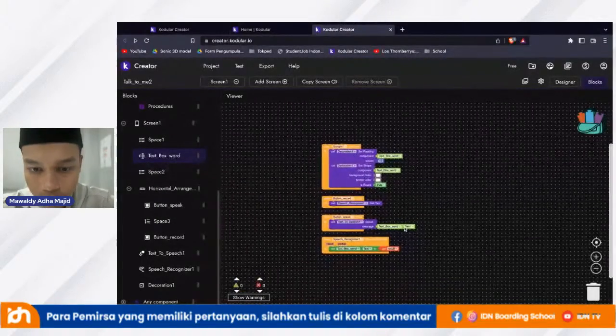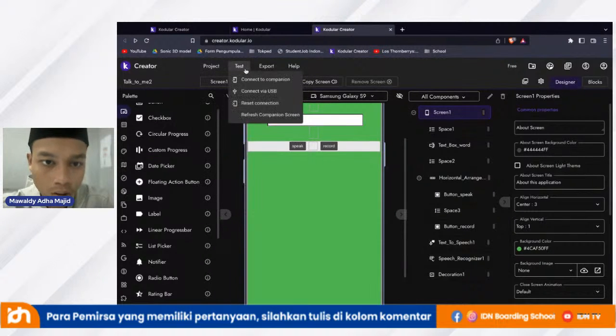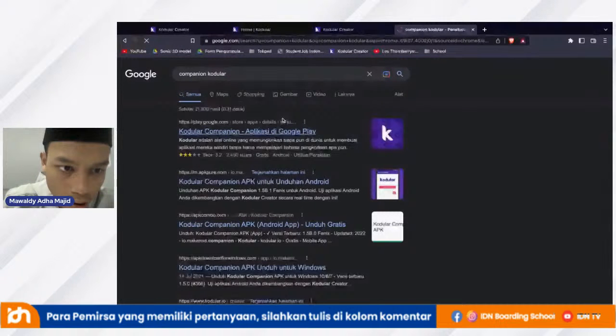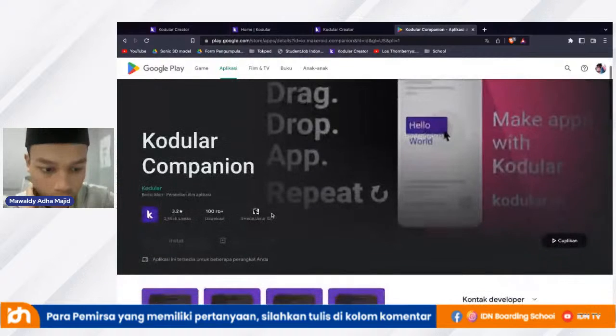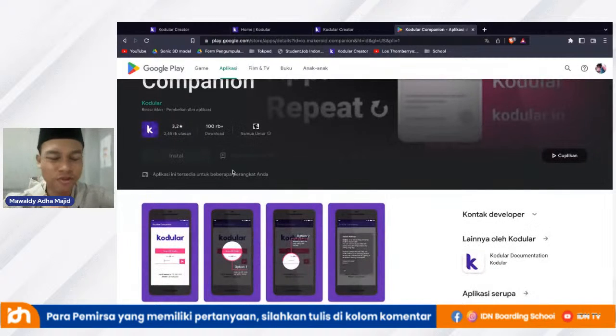Now we can try this application in your application, Connect to Companion. Now I'm going to show you what Companion is. It's an application you can install for everyone, for every age. You can install it on your Android device, but unfortunately, it's not available for iOS, because now we are making the Android